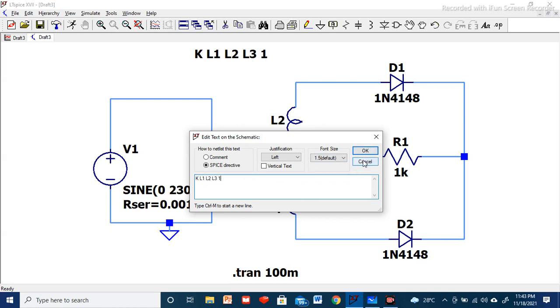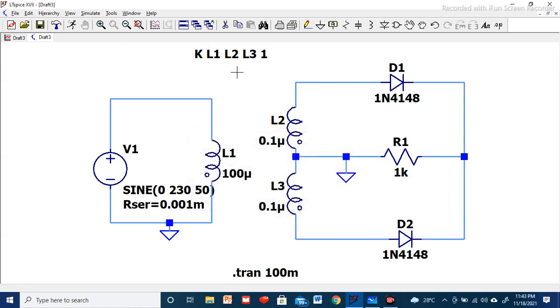Okay. Then if you press OK, it will be defined like this here. Already I have defined, so I won't press OK. I will just cancel it. Okay, so once you hit that one, it will be defined like this, and then only you will be